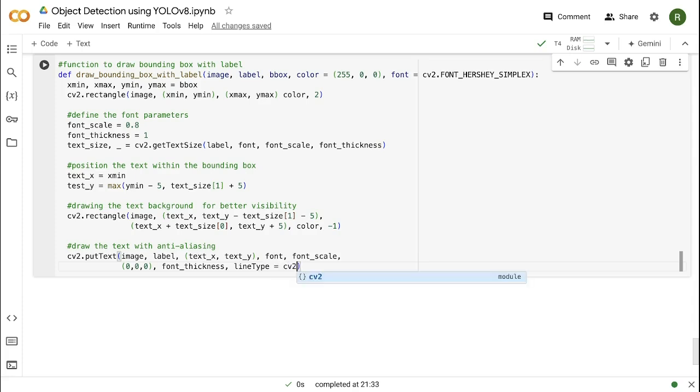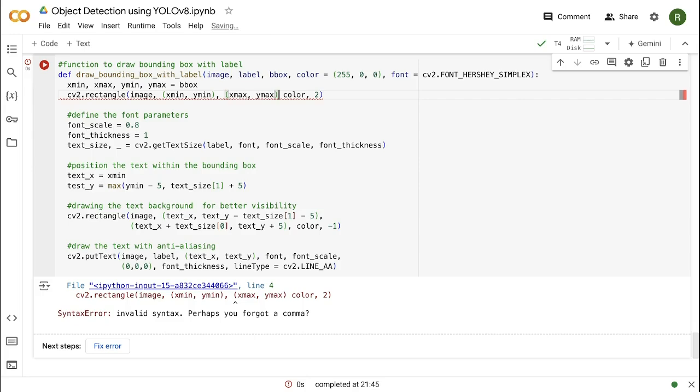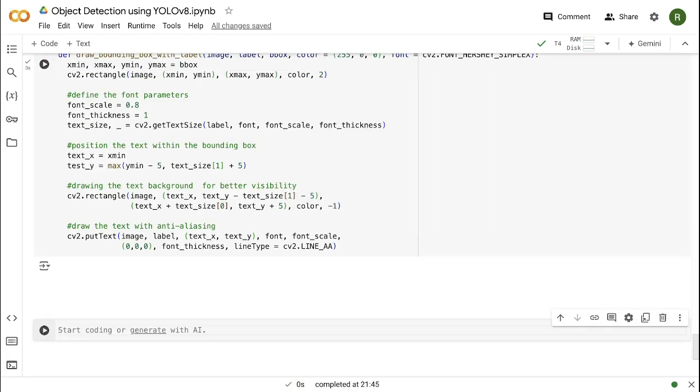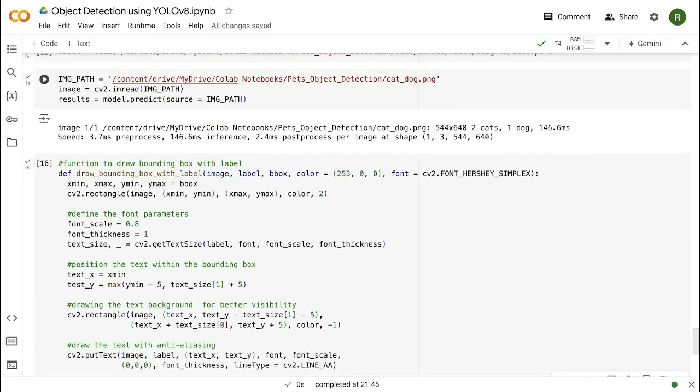I will keep it to cv2.line. Fine. Actually, we have a comma here. Just a minute, let me give that comma. So let's again run it. Fine. Now what we are going to do is, this results variable actually consists of all the predicted data about our image. Now we are going to loop through these results, and then we are going to apply this bounding box